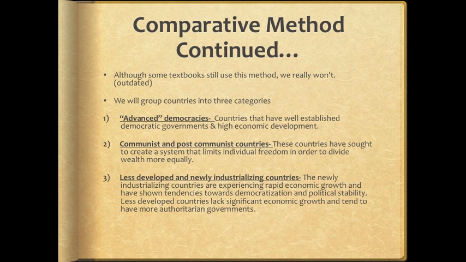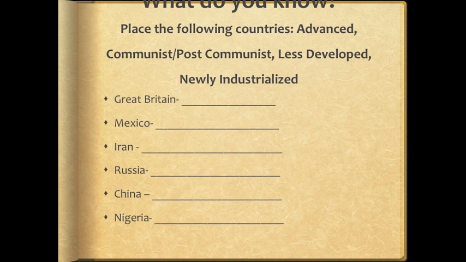Your post-communist countries, well, the Soviet Union, now Russia. We'll take a look at them. And we still have a communist country that we take a look at, and that's China. And finally, your less developed countries, that would be Nigeria, and your newly industrialized countries, which would be Iran and Mexico. So the final slide, slide 12, just has the 6 countries